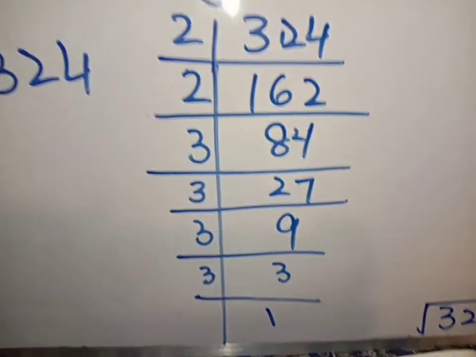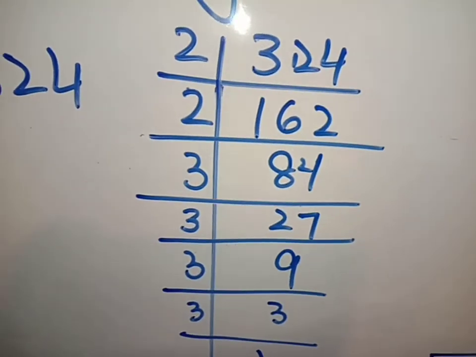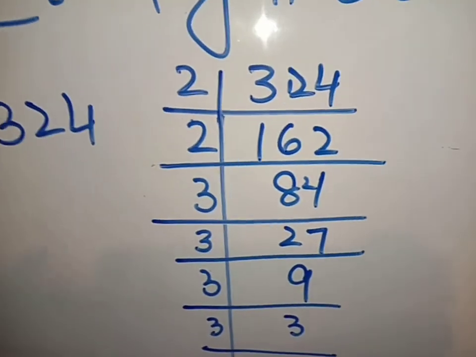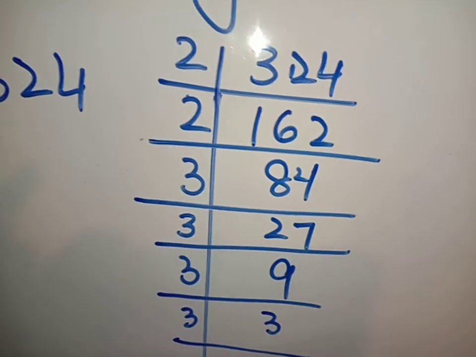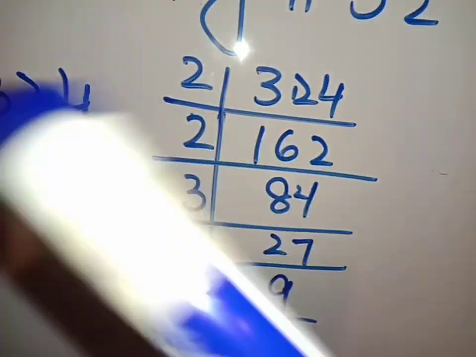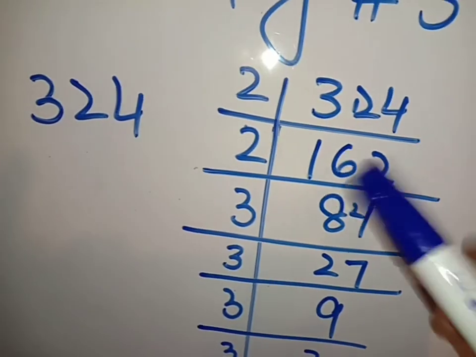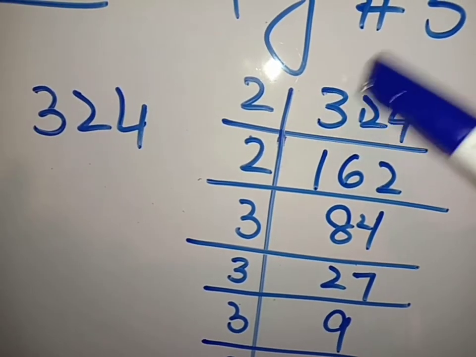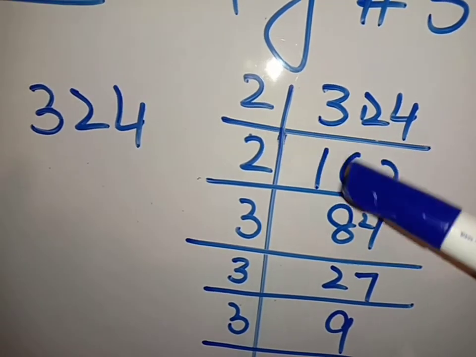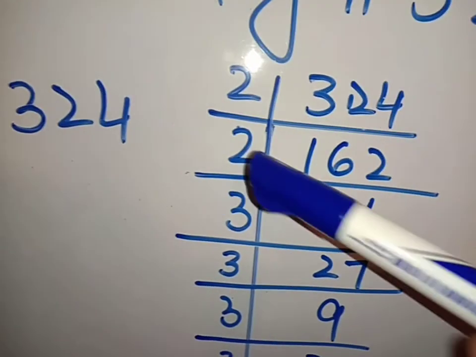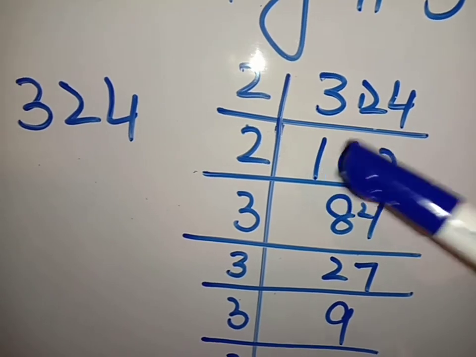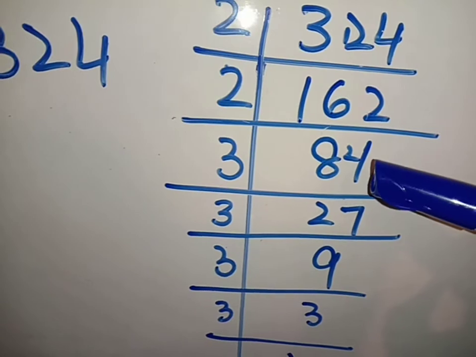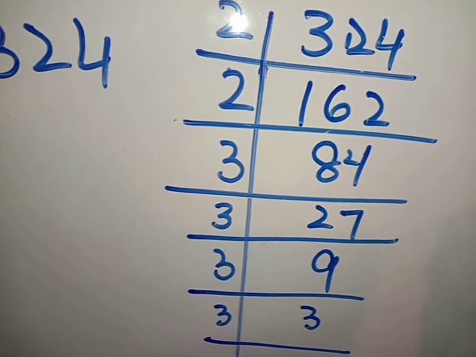First of all, consider the number, which is 324. In the unit place we have 4. 4 is an even number, so we will start with 2. 2 ones are 2. We are left with 1. 1 becomes 12 when it joins with 2. So 2 6s are 12, and 2 2s are 4. 1 is not in the table of 2, so we will combine it with 6. It will become 16. 2 8s are 16. 2 1s are 2.